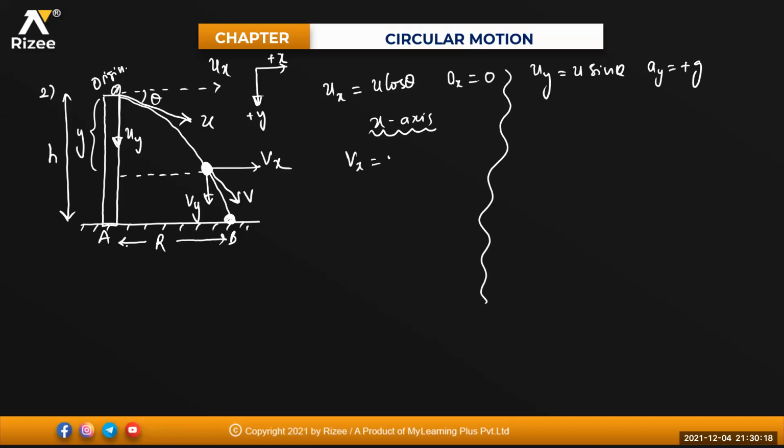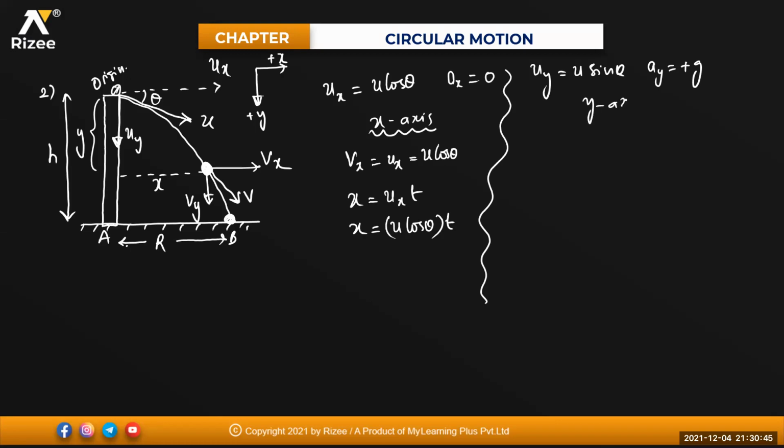Now, if I'm talking about your x component along your x-axis, there is a uniform velocity, so Vx will be equal to your ux, that will become for me u into cos theta, isn't it? How I got this one? Vx is equal to ux plus ax into t. Ax is nothing but 0. That is the reason Vx is equal to u cos theta. Horizontal distance, this is your horizontal distance x. So x will be equal to your horizontal velocity into time. Horizontal velocity is how much for me? U cos theta into your time t. So this will be the value of x.